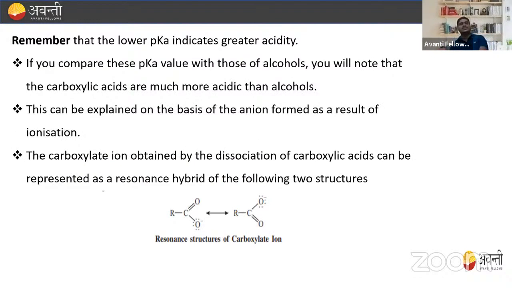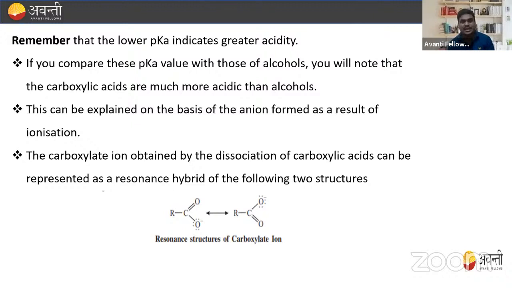We already know this from the alcohol chapter as well. If something has a higher Ka value, it means it is more acidic in nature and has a lower pKa value. pKa is inversely proportional to Ka, right? So if you compare this pKa value with those of alcohols, you will note that carboxylic acids are much more acidic than alcohols. This can also be explained on the basis of the anion formed as a result of